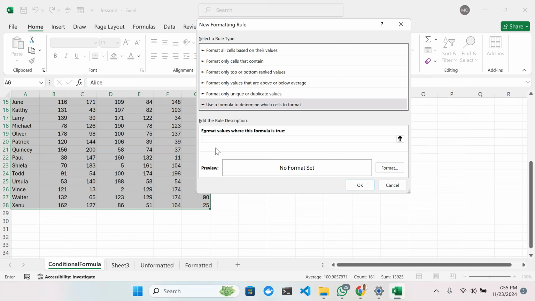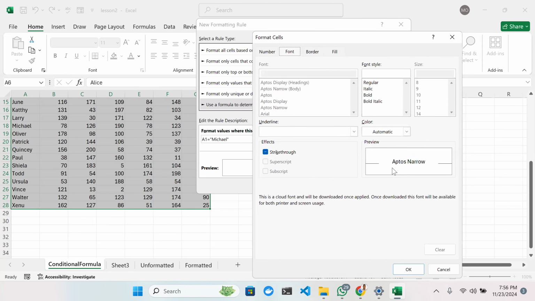So this way, I'm going to write this and say where A1 equals Mike. This is how to enter text: double quotes, not single quotes like we did in SQL. Once you click on formats, it will now give you the option to do exactly what we've been doing. Like we can choose a different font,